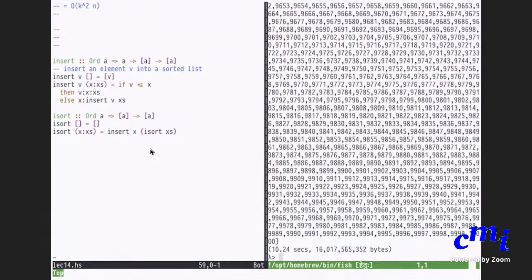Contrast this to the built-in sort method. There is a built-in sort function that Haskell offers you, and if you try that, even having to print the whole thing, it takes only 0.11 seconds. It doesn't matter, we'll approach that.